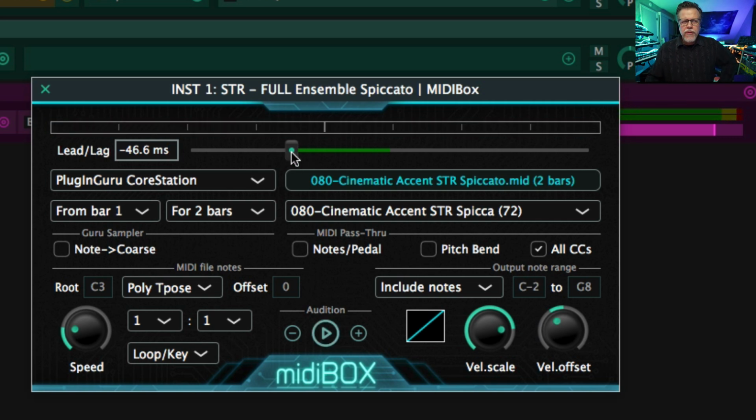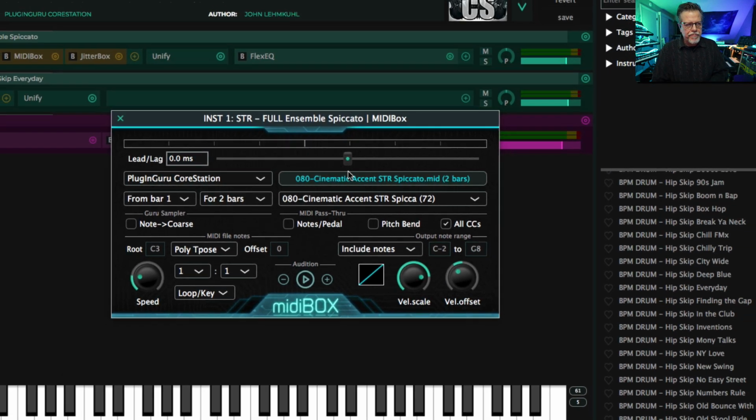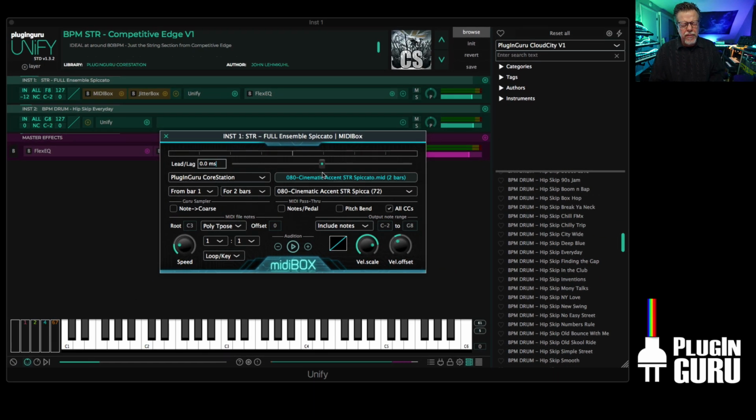Right? Now, there's currently an issue that we're working on. Once you start going earlier than the 0.0, you're going into negative time, and we have to think a little bit about how we're going to handle this. The notes sometimes don't play in your DAW when you go to this. This will be fixed in the next update. We're going to release past 1.3.2, but we're still working on this to figure out exactly how we want to do that,